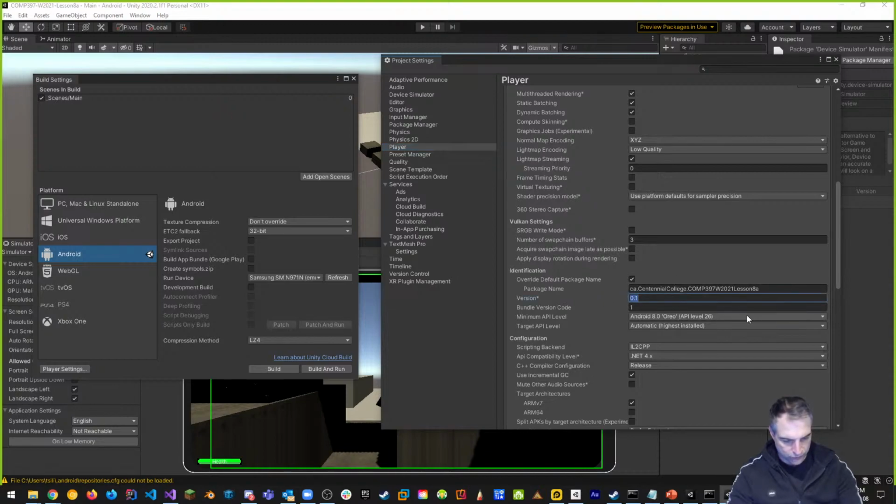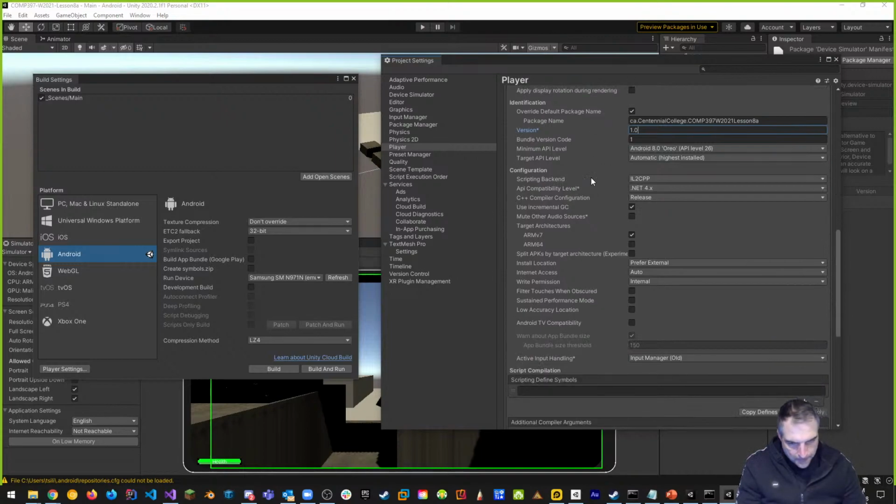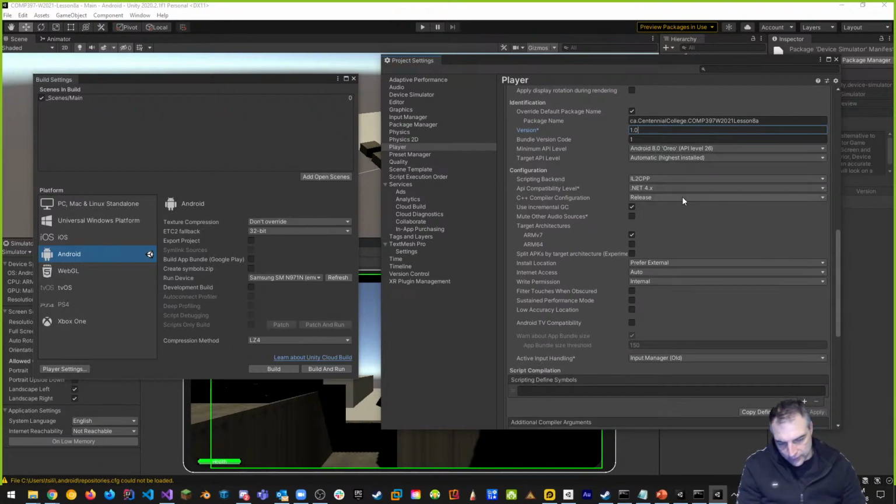Let's move this version to 1.0 just because we're moving into a new version. Use incremental GC. That compiler is going to be definitely used, right? I also want to go into